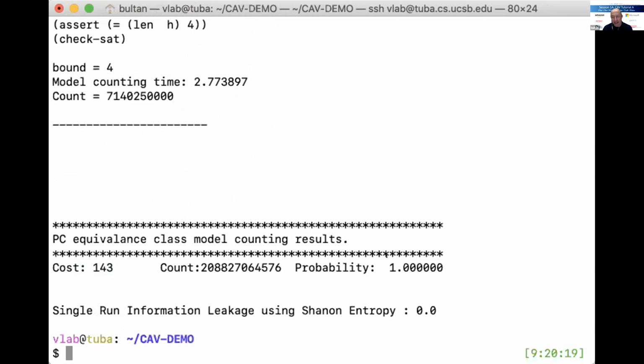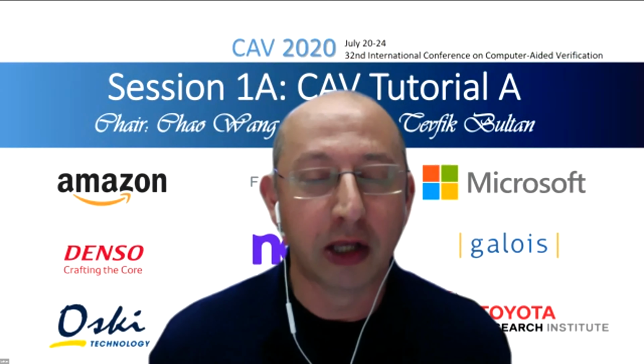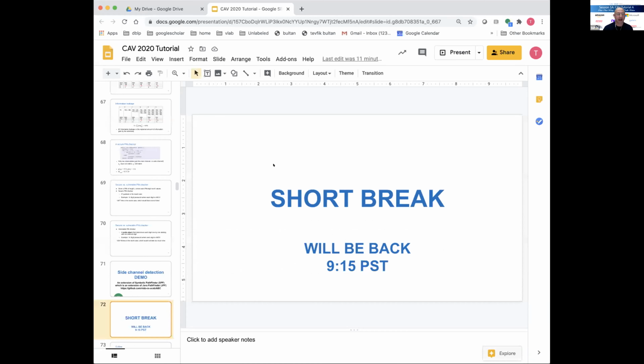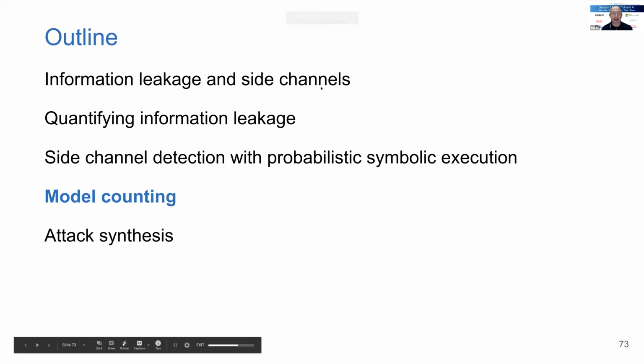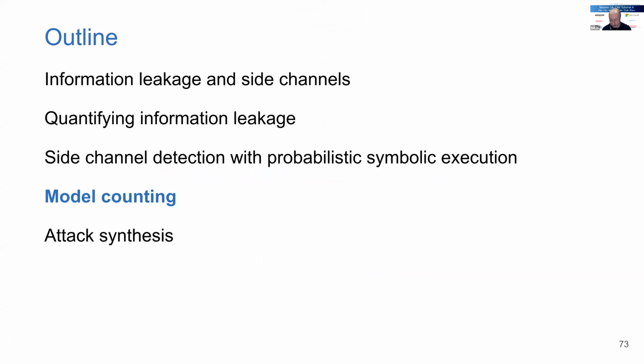So this is basically the implementation, and we have done a lot of coding with this. I'll show more examples at the end with the attack synthesis, but this is just to show you that we have the implementation of this, and it does work, and it does what I told you. So now I'm going to get into the rest of the presentation and talk about model counting, which is the technique that enables us to do this probabilistic analysis.